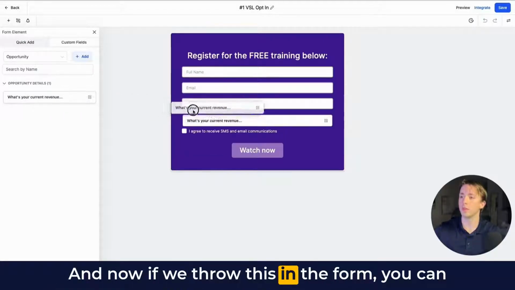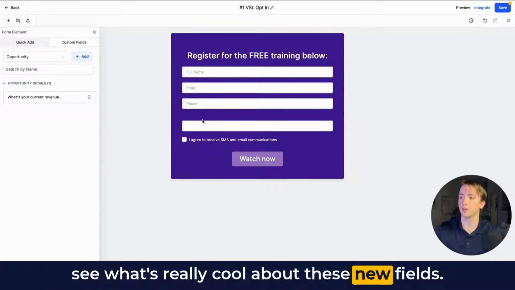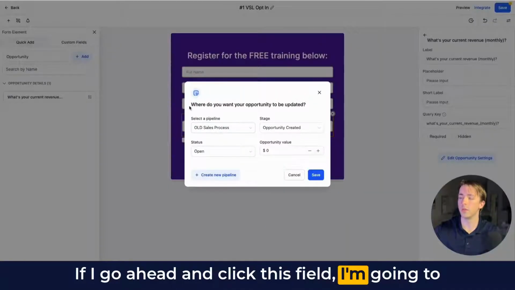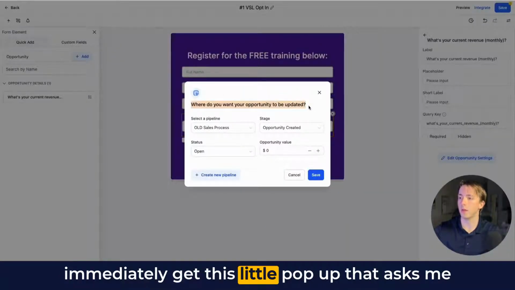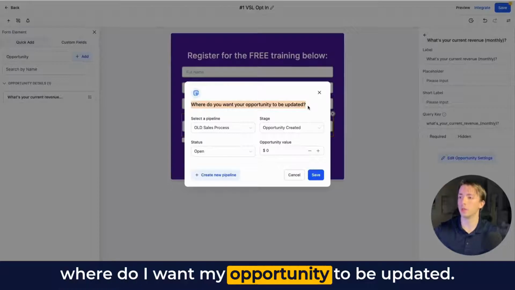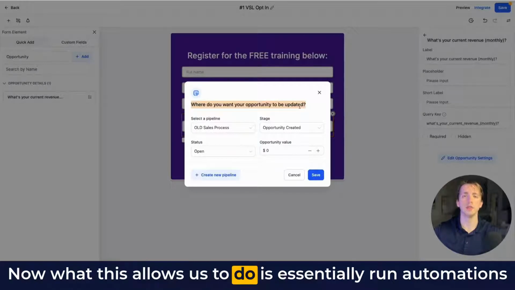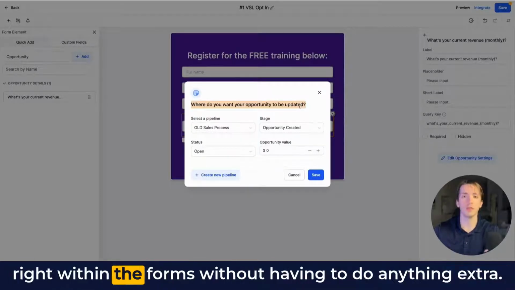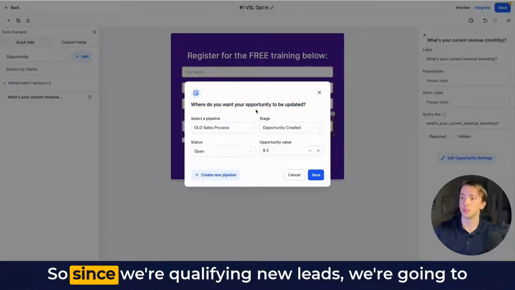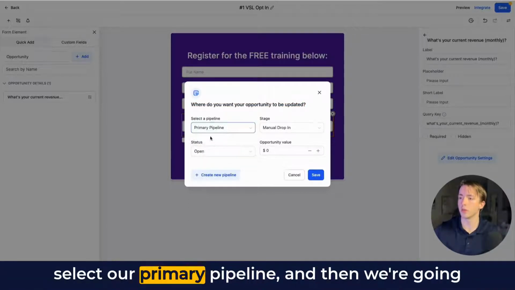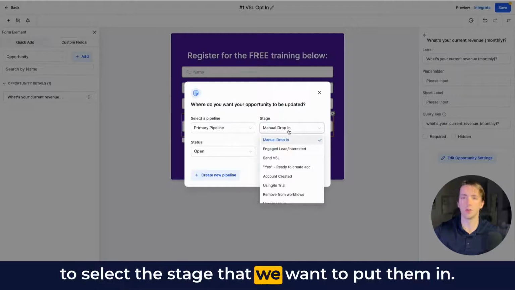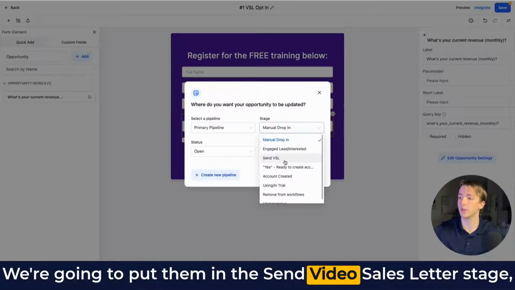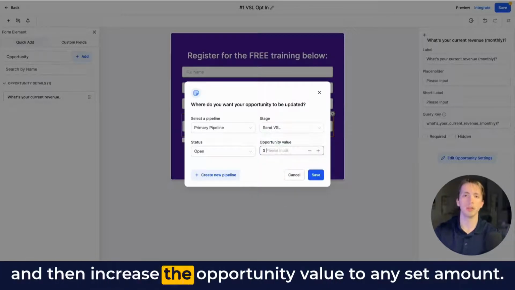And now if we throw this in the form, you can see what's really cool about these new fields. If I go ahead and click this field, I'm going to immediately get this little pop-up that asks me where do I want my opportunity to be updated. Now, what this allows us to do is essentially run automations right within the forms without having to do anything extra. So since we're qualifying new leads, we're going to select our primary pipeline, and then we're going to select the stage that we want to put them in. We're going to put them in the send video sales letter stage, and then increase the opportunity value to any